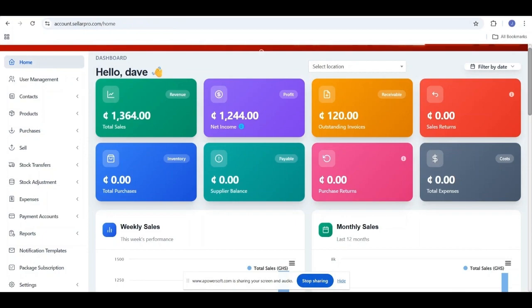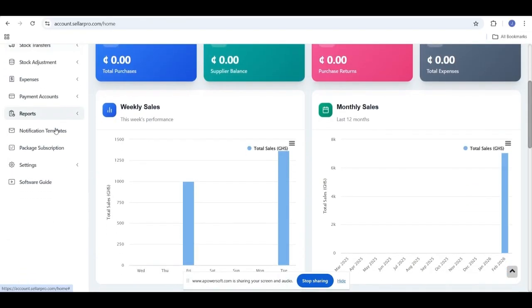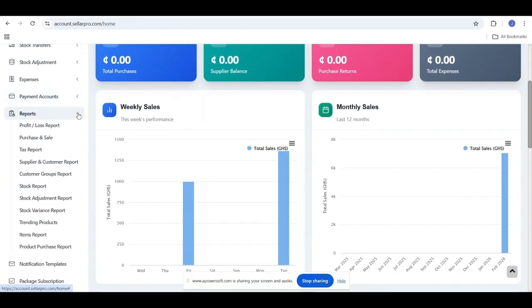How to search for these reports. So the purchases payment reports, the sale payment reports, the expense reports, the register report, sales representative report, and also activity logs. So to be able to do that, you need to first of all come to the report section